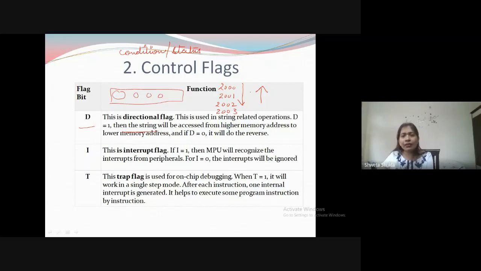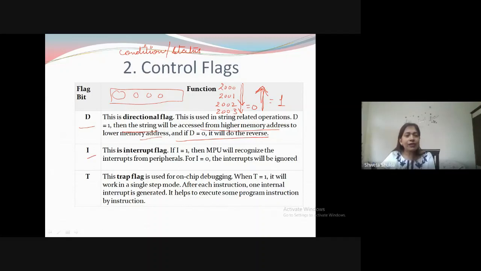If you are collecting the data from 2000 to 2003, the memory address is increasing. If you are accessing the memory from higher to lower, then the direction flag will be high. And when you are accessing it from lower to higher memory, then the direction flag will be low. Remember this. So this is how a direction flag works.